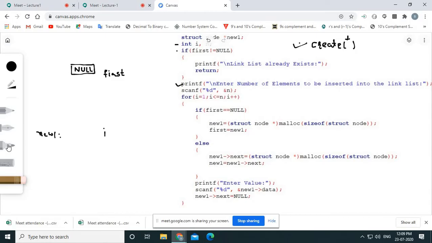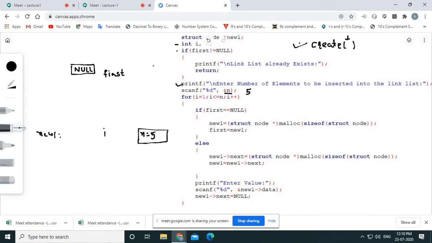So basically here, suppose I want to insert 5 values, obviously I will enter 5 here, and that 5 will be stored into the variable n, right? So now my n variable is, we can say, n is equal to 5. Okay, so my n is 5. Now what we are doing is we are just running a loop. Here the user has entered 5, that means the user wishes to insert 5 values, and we know that whenever we are inserting a value, we are putting it into a node, right? So we have to create 5 nodes, right?